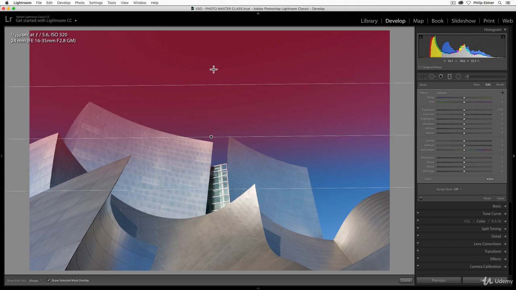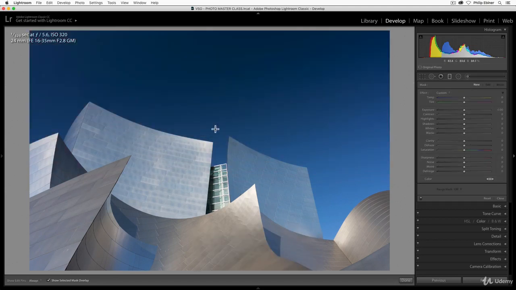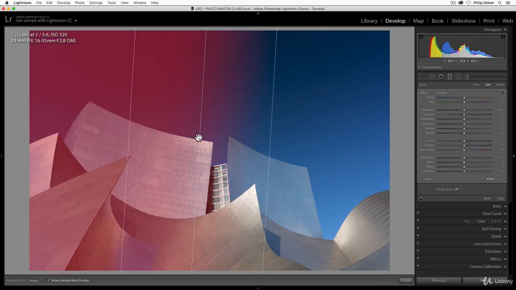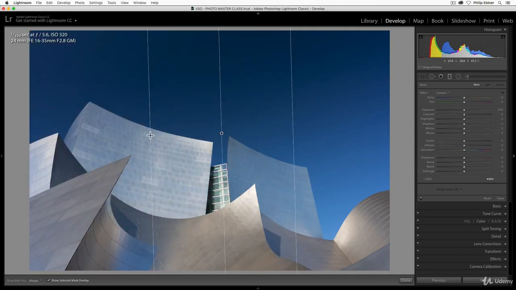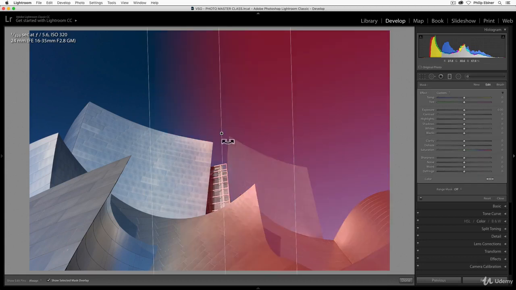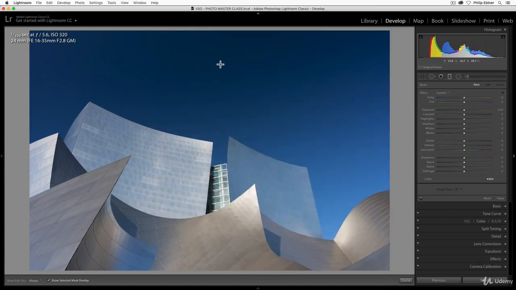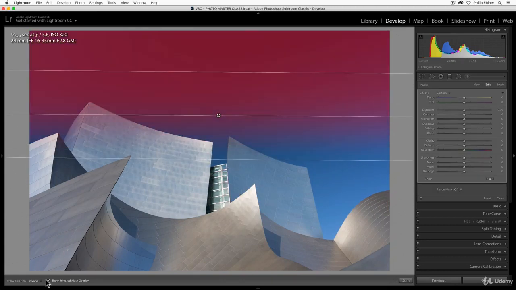So basically, when you click and drag, it's going to apply any effects to the part where you clicked from. So let me delete this by clicking this dot in the middle and then deleting it on my keyboard. If I click and drag, it's going to affect everything on the left because that's where I started. If I click and drag from right to left, then it's going to select everything on the right-hand side. So let's do this to the sky, though, because I think that's really what we want to do. And again, this is just to show the selection. This is not actually editing anything. The sky is not pink now.